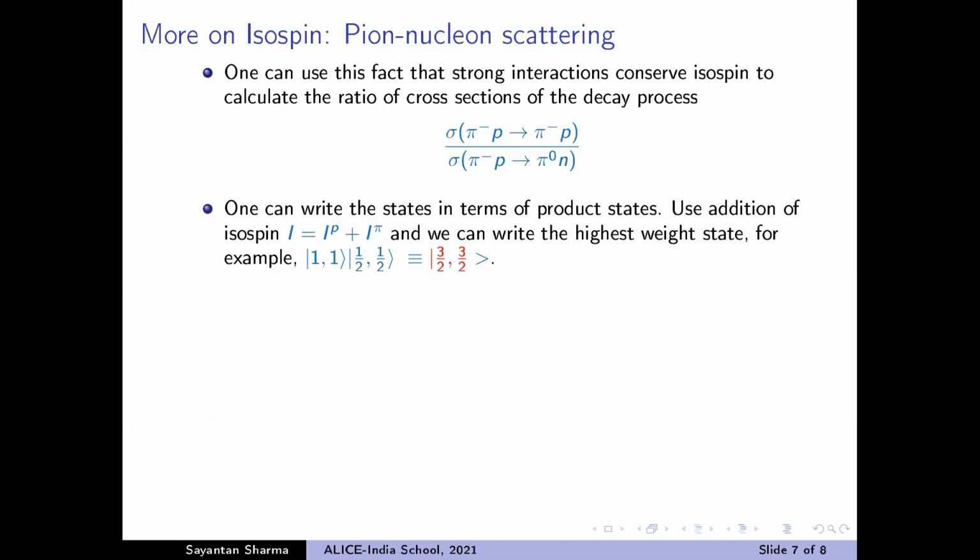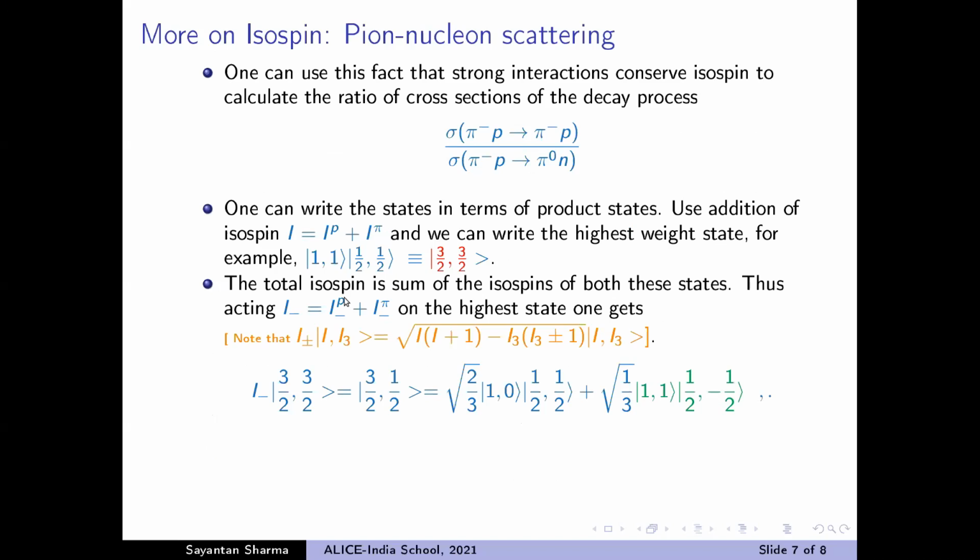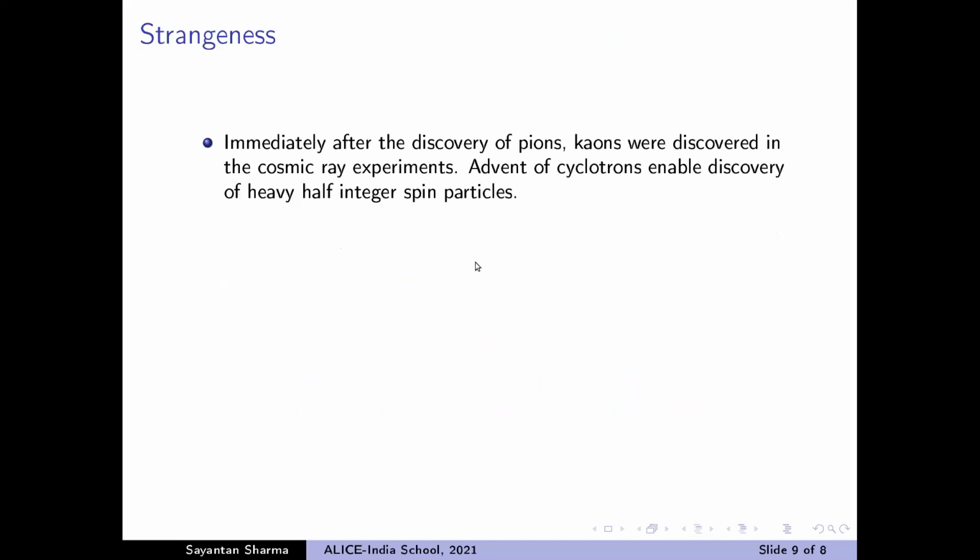So as I was mentioning, once you have the highest weight state, one can use the lowering operators acting on the highest weight state to get all the other constituent states. For example, one should also realize that acting I minus on the total state is the same as the sum of the lowering operators on the proton and the pions. So then I minus acting on this highest weight state, 3/2, 3/2, will give you 3/2, 1/2. And I have taken out the factors and appropriately normalized on the right hand side. Then since I know how to write this highest weight state, 3/2, 3/2, in terms of all these constituent states,